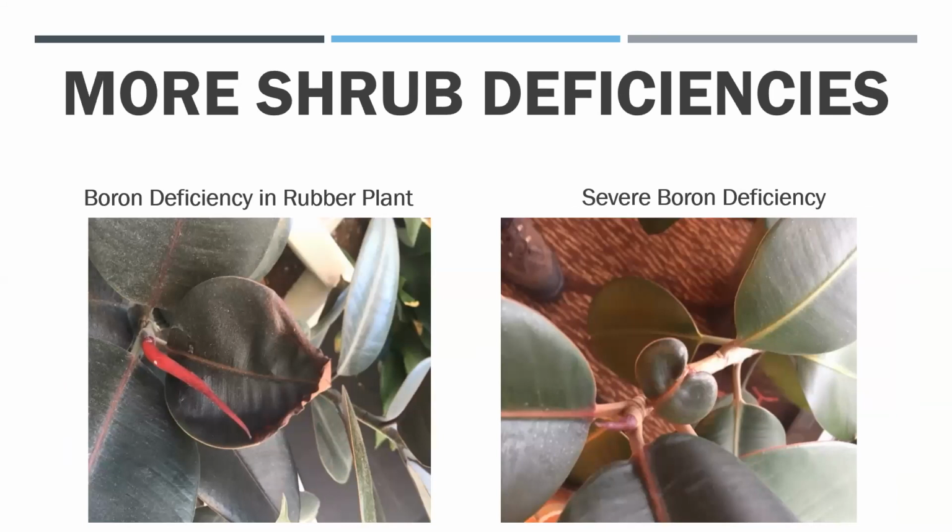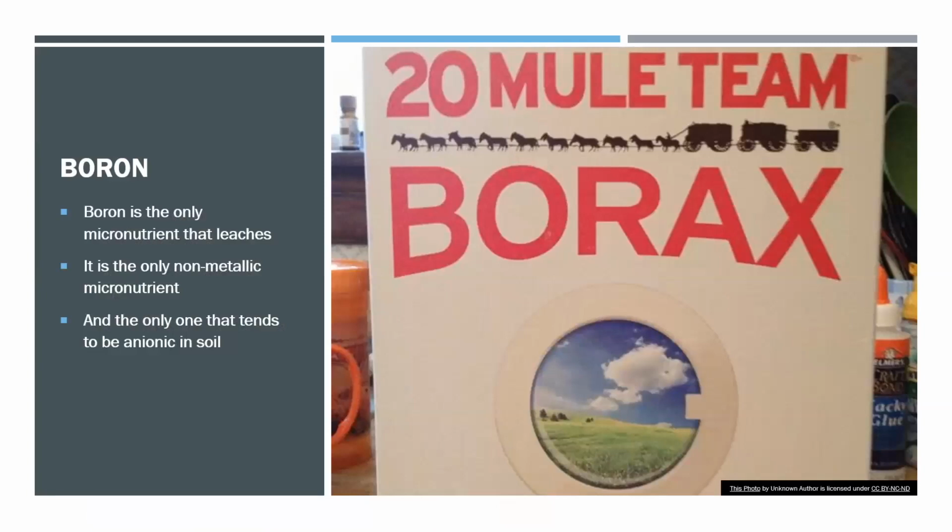There's boron deficiency on the left and very severe boron deficiency on the right. The next slide, please. We'll talk a little more briefly about boron. Boron is a different kind of micronutrient. Boron is the only micronutrient that leaches. Iron doesn't leach, manganese doesn't leach, copper doesn't leach, zinc doesn't leach, molybdenum doesn't leach, boron does. Boy, have we had a deficiency in 2020 because about 70 inches of rain leached the boron out of the soil, and susceptible plants will certainly have related issues. A simple way to fix boron deficiency is